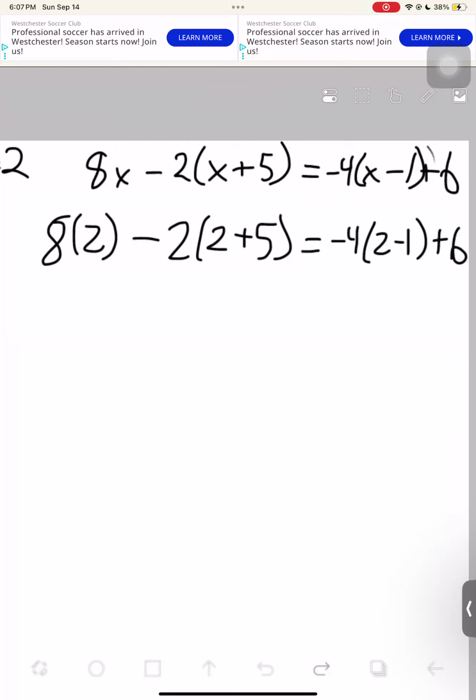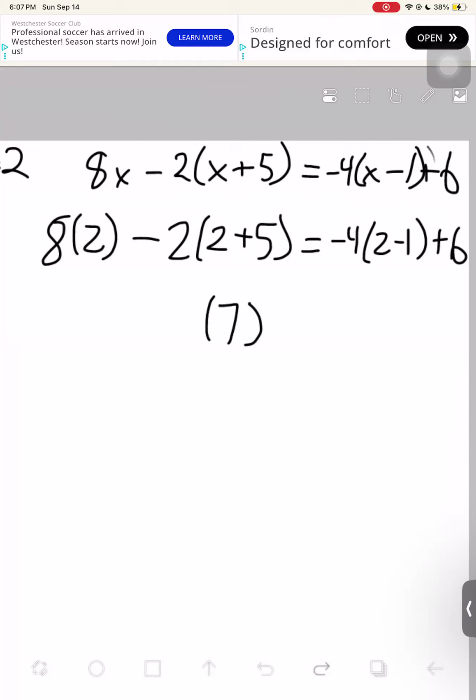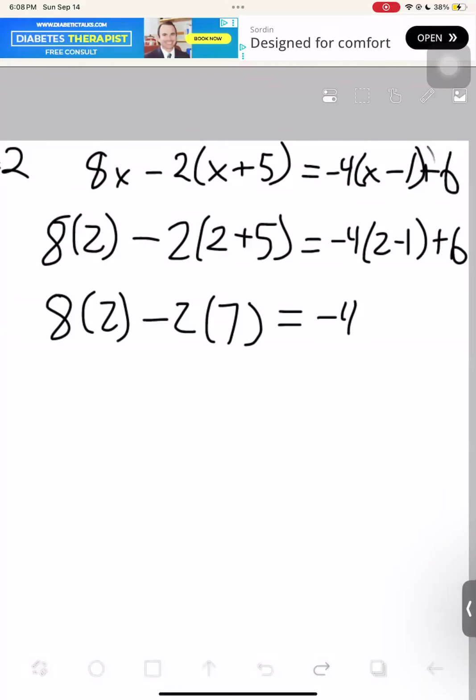Perfect. So let's do this. PEMDAS first, so parentheses first. What is 2 plus 5? That's 7. So we have 7, we have 2, right, is equal to, what's 2 minus 1? Well, that's 1, so it's negative 4,